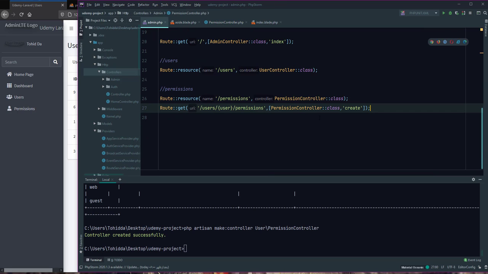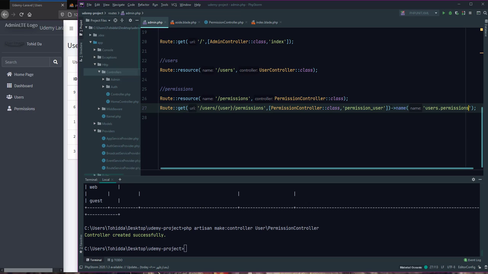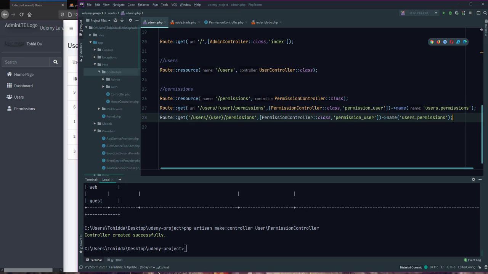Okay, I use of these and change to create permission user, and say name users and permissions. Okay, and these, and I get these and use post method for user permission and permission controller,